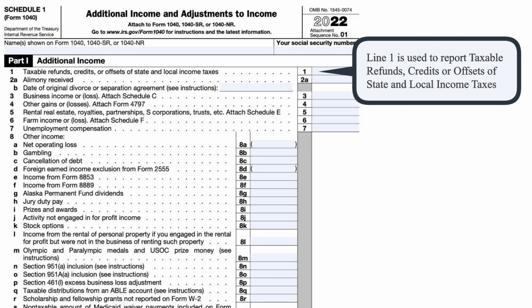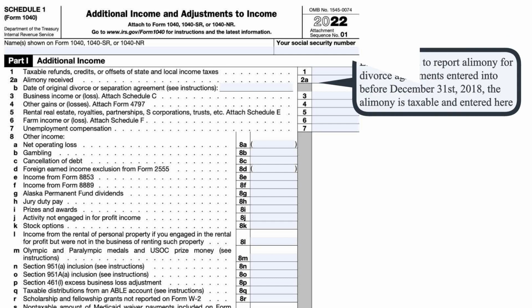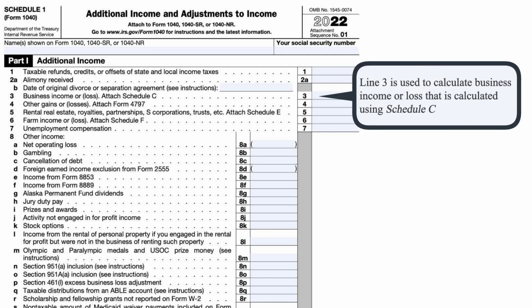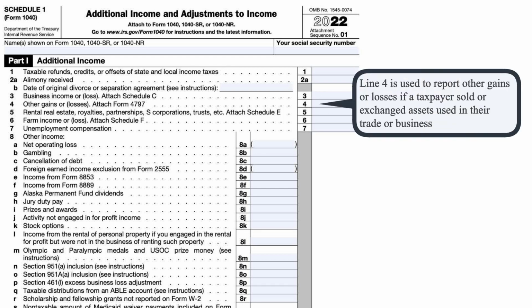Line 1 is used to report taxable refunds, credits, or offsets of state and local income taxes. Line 2 is used to report alimony for divorce agreements entered into before December 31st, 2018. If entered into before then, the alimony is taxable and entered here. Line 3 is used to calculate business income or loss that is calculated using Schedule C. Line 4 is used to report other gains or losses if a taxpayer sold or exchanged assets used in their